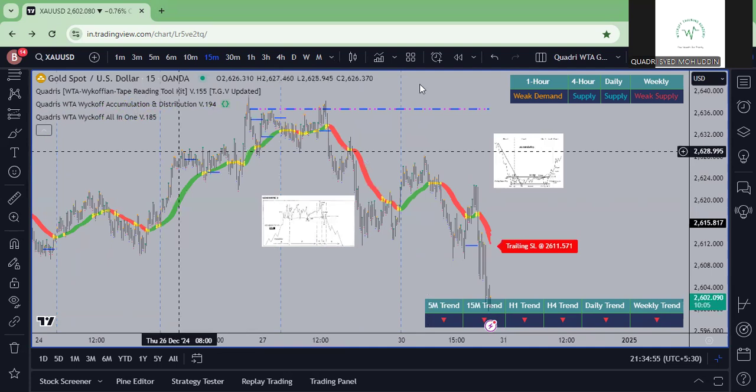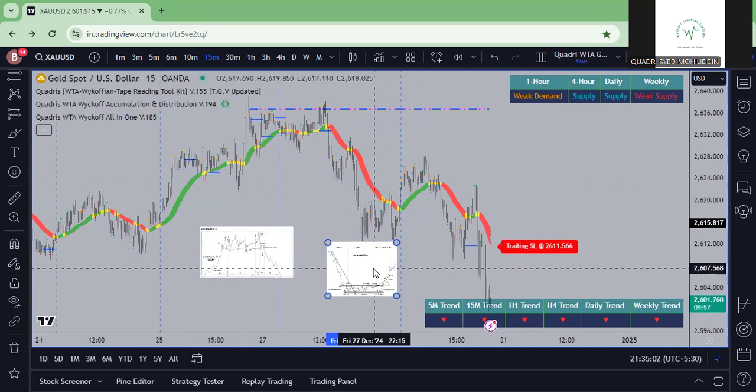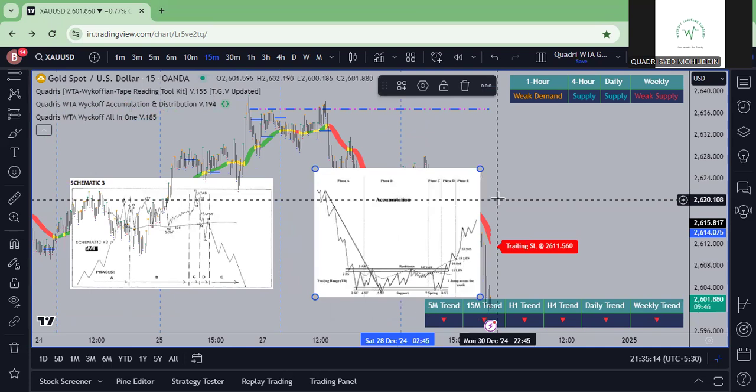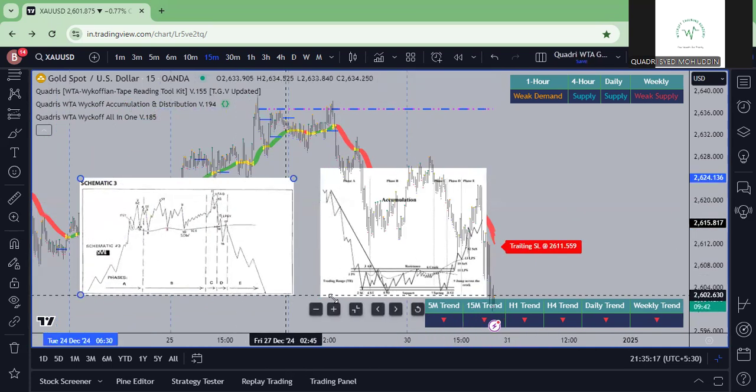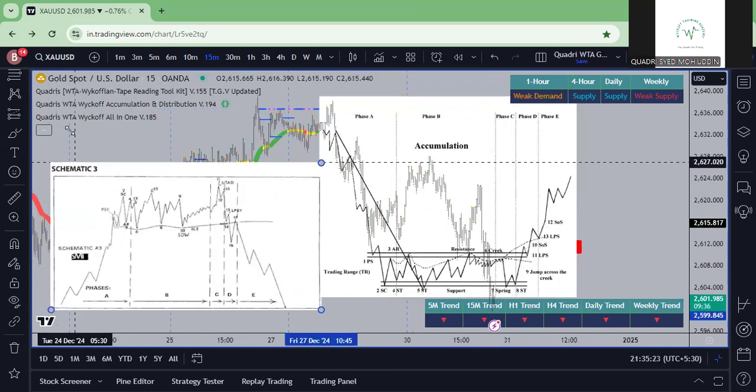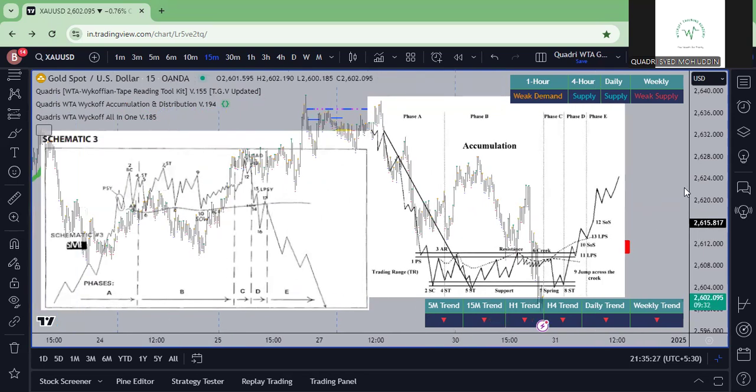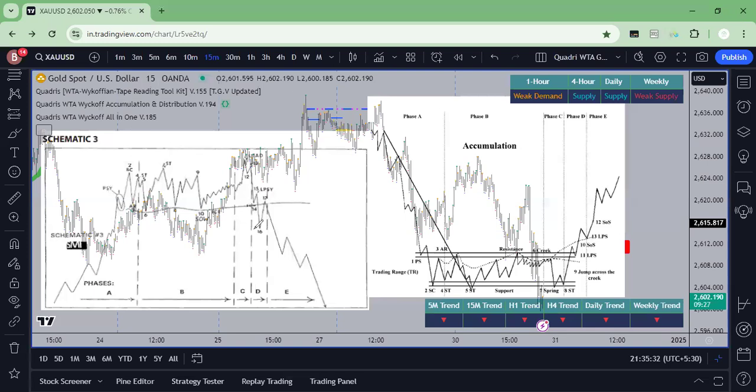So, in this particular course, we will deal with traders who use the Wyckoff schematic and phase analysis. Many traders are caught up trying to get an idea of the market, whether it is going to go downwards or upwards. To help with this, I have developed an indicator, Accumulation and Distribution version 194,